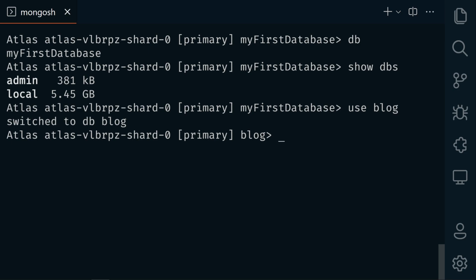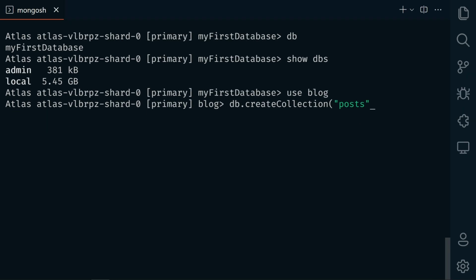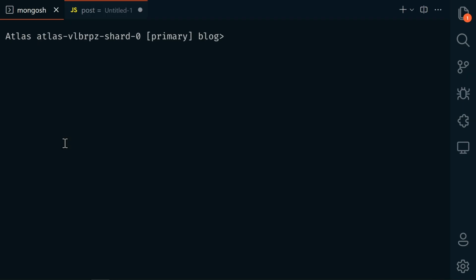Next, we need to create a collection. We can specifically create a collection by using db.createCollection and then the collection name. Or we could just create the collection on the fly as we insert data. So to create or insert a document, we can either use the insertOne or insertMany methods. So let's do